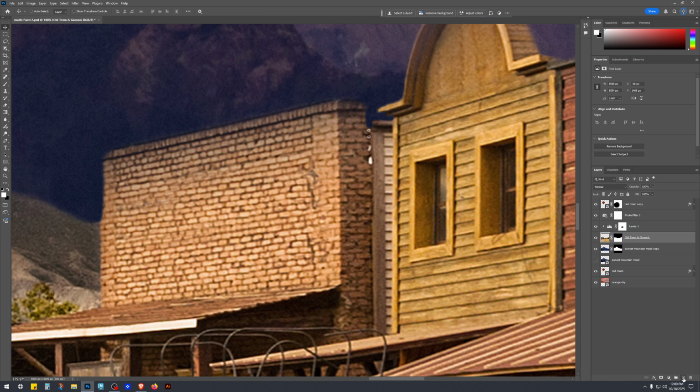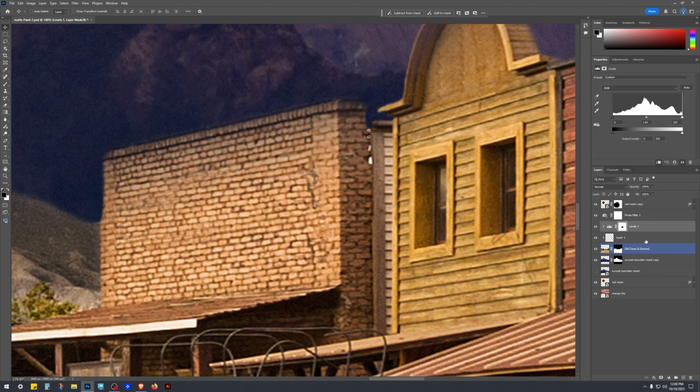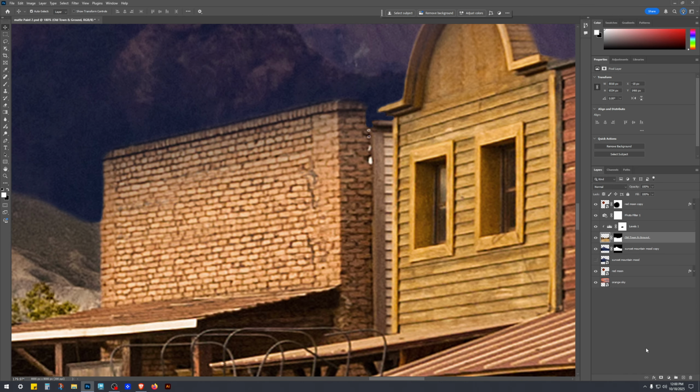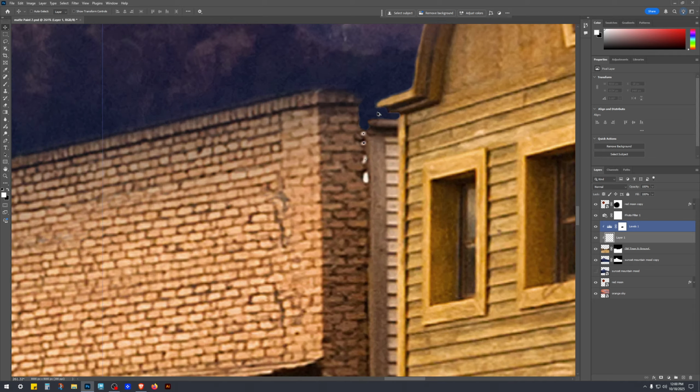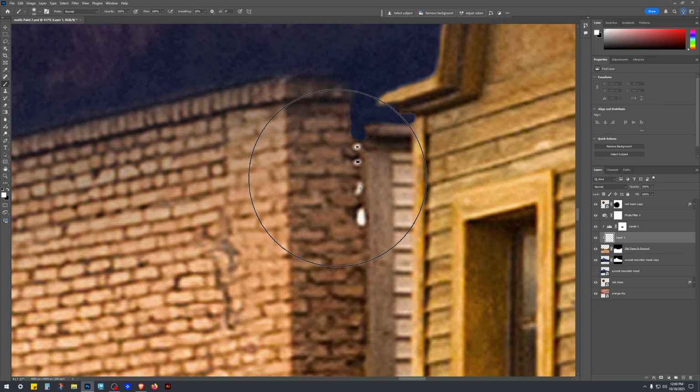gonna make a new layer. See, and since I already had this clipping mask, when I made a new layer, it automatically made it into a clipping mask. So if I undo it, so if I select this layer, apply a new layer, there's that clipping mask. And what that does is that press B as in Bob, make the brush smaller, and I'm